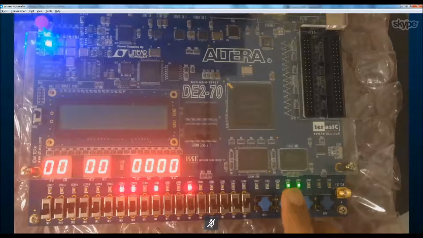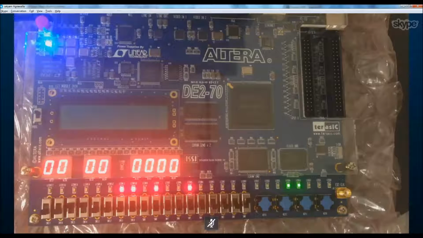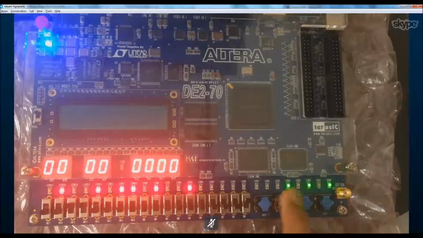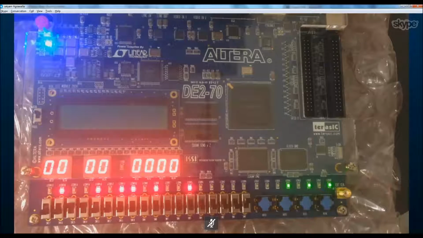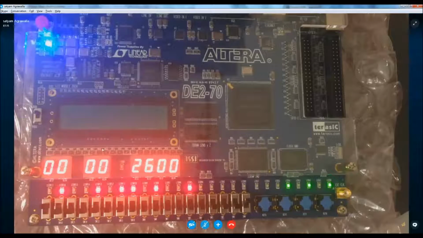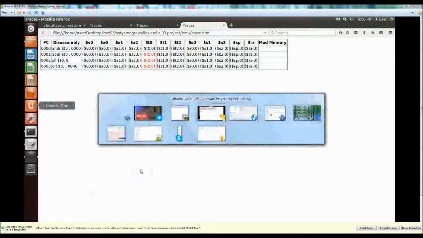So right now the mem data inverse bit is high and I'm in state 0. So I'm expecting that once I start stepping, I should move to state 1. So I move to state 1. Now when the data inverse bit goes lower, I'll move to state 2, and load IR will also be set to 1. So load IR was set to 1, and you can see that IR has been loaded with a value of 2600. If we compare it in the MIF,